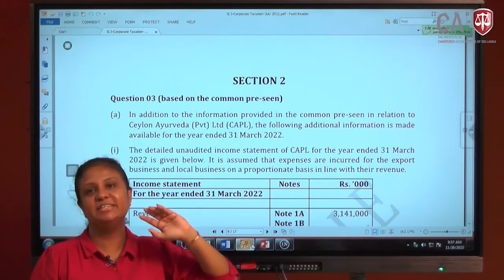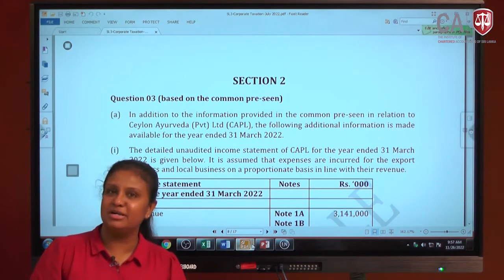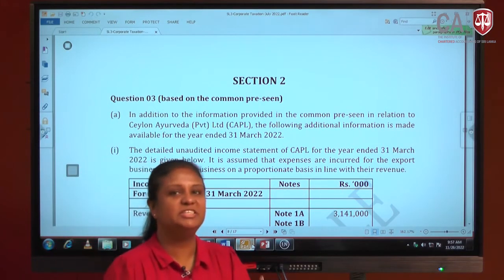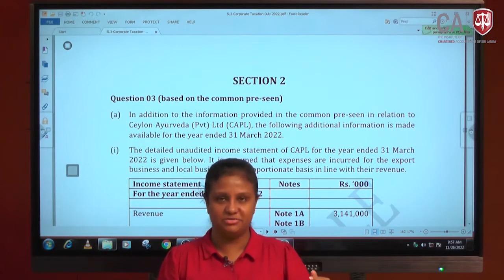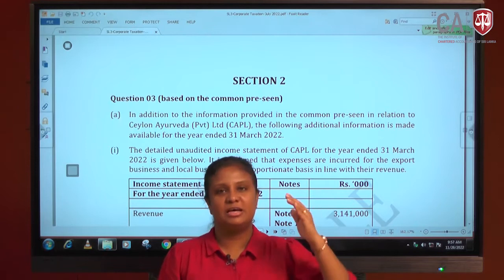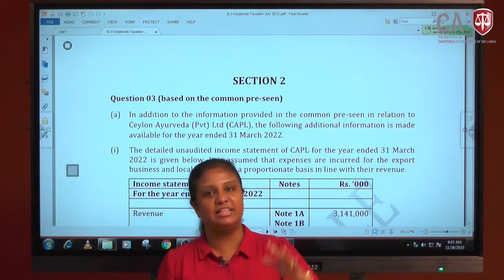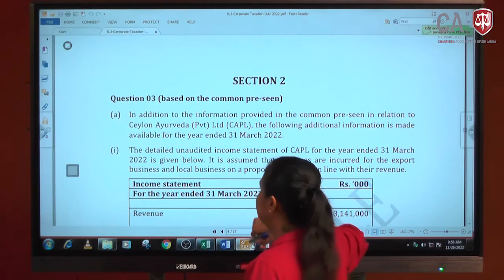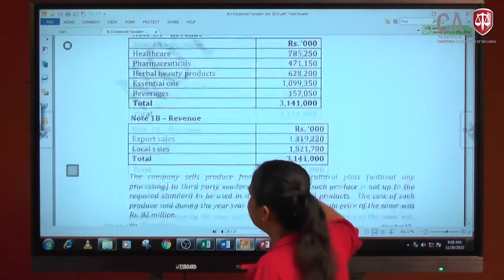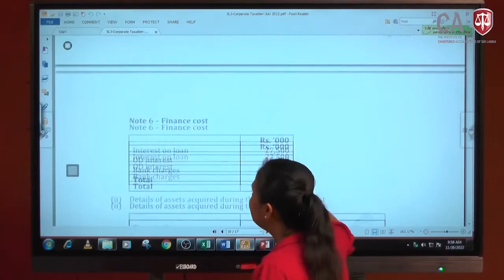Okay, I'm starting with the 30-mark question, which is the computation of income tax liability, given based on your pre-seen and unseen question. Come to this: it's Section 2, Question 3. Then let me come to what is the requirement of the examiner